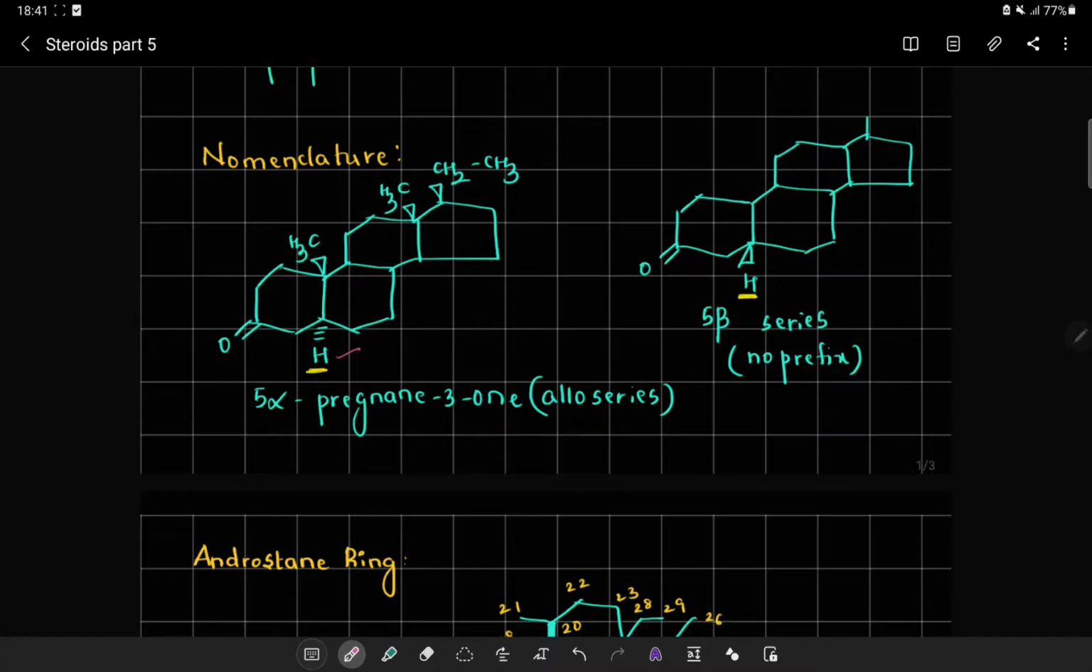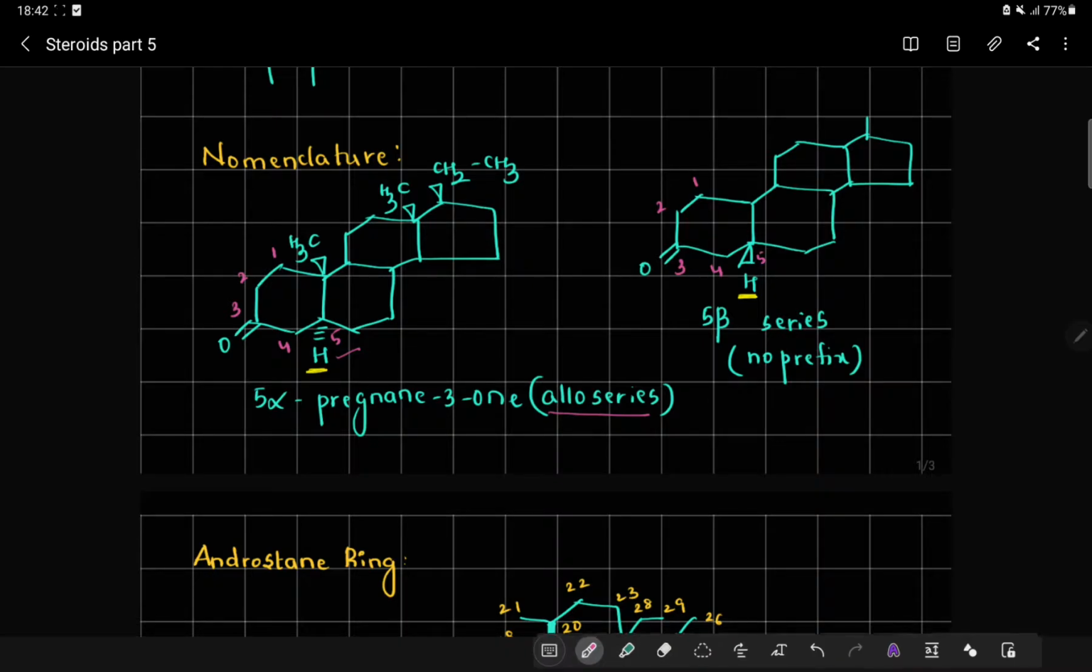Now we can observe here there is a 5. That means when I give the numbers 1, 2, 3, 4, 5, the fifth carbon atom becomes very important in terms of the nomenclature. If the proton at the fifth carbon atom is below the plane, such a system falls under the category called the allo series. And if the proton at the fifth carbon atom is lying above the plane,